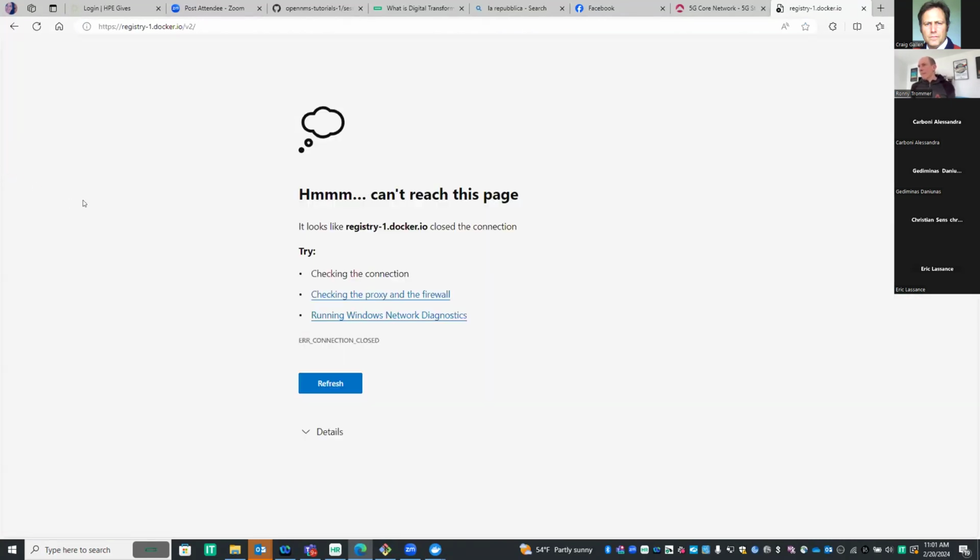Has anybody else had this problem? But I specify that I'm on HP premises. So if somebody else is not there, it's different. There's also Grafana. Otherwise, I can log in with my other network, that is my phone. Let's see if it works.